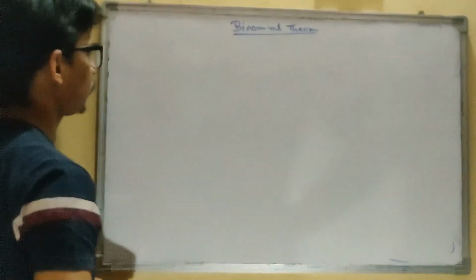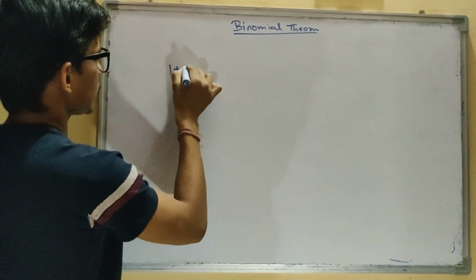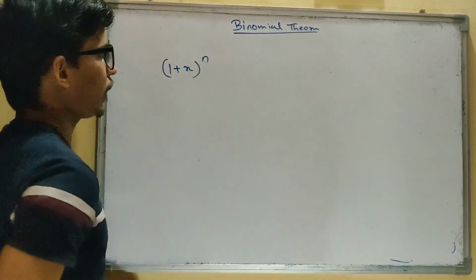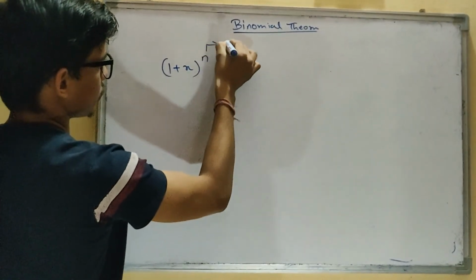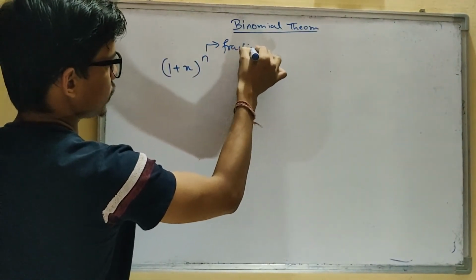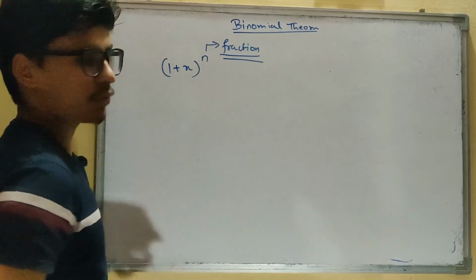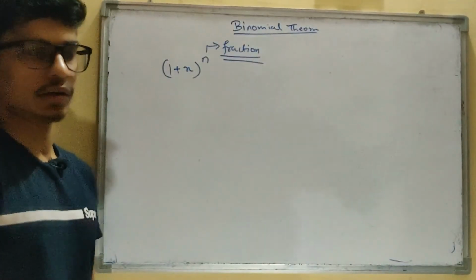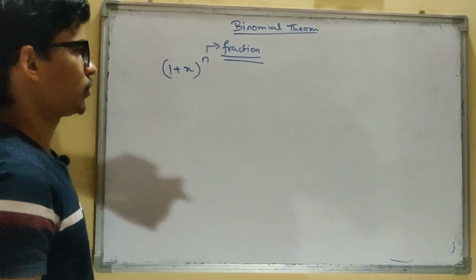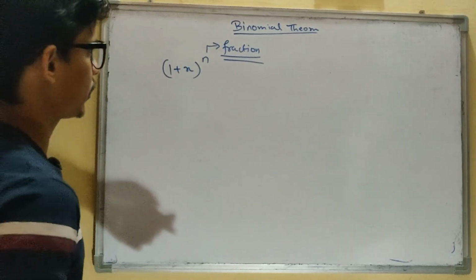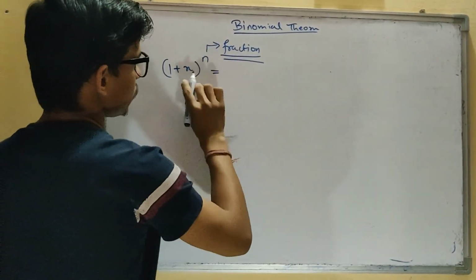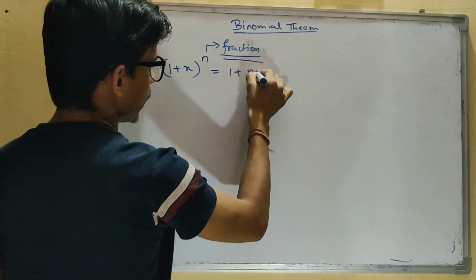So one of the important questions is like this: (1 + x)^n, where n is a fraction. The important thing here is that n is a fraction. So (1 + x)^n. What can you do? The formula is like this: 1 + nx